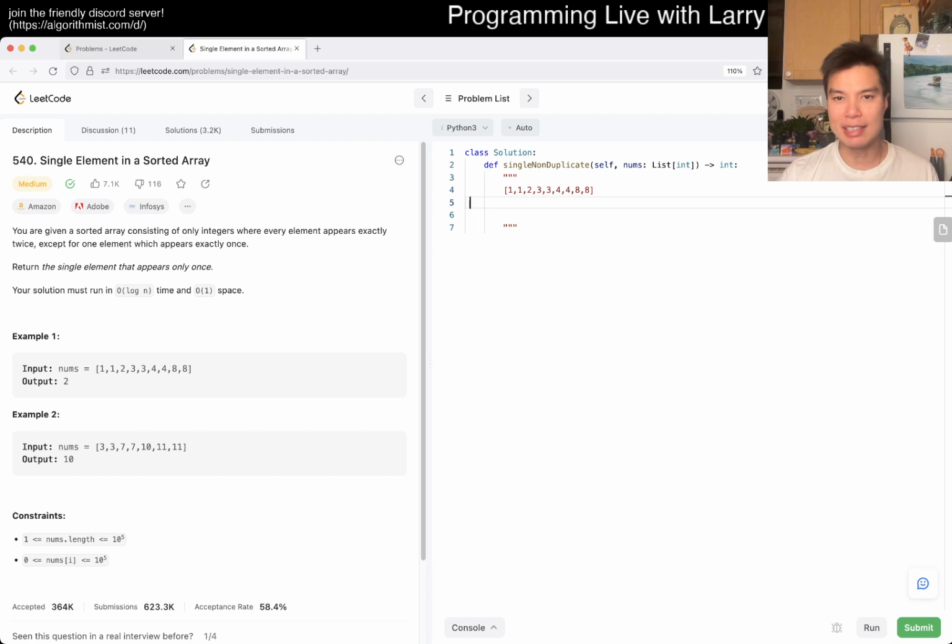So if you look at any index, maybe odd index or even index consistently, it doesn't really matter. And you look at the number next to it. If they're different, that means that the pair is before, right? If they're the same, that means that the different number is afterwards. You could kind of play around with that, and that's pretty much the idea that you can do to binary search. Yeah, I mean, of course, you can do it in linear time, but that's obviously not the answer that